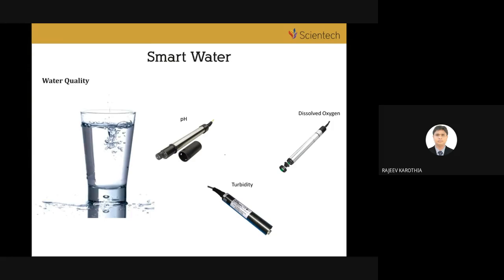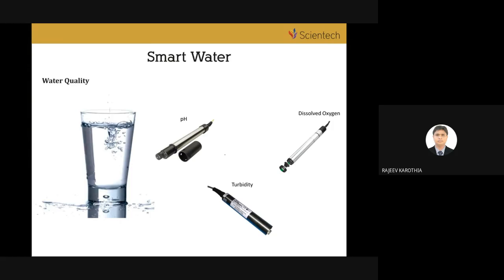Nowadays, like in Yashwant Sagar, they have some provision of measuring all these parameters. We have given some solution to Dal Jheel. They have the smart sensor node, and they have all these sensors to measure the quality of the Dal Jheel water. So that kind of application you can build for our own, like we are talking about this Atmanirbhar Bharat or Atmanirbhar MP. Being in this educational institute, you can propose some solutions to make this kind of applications